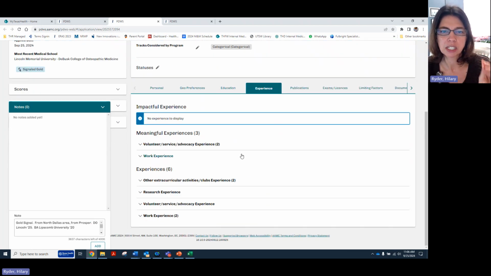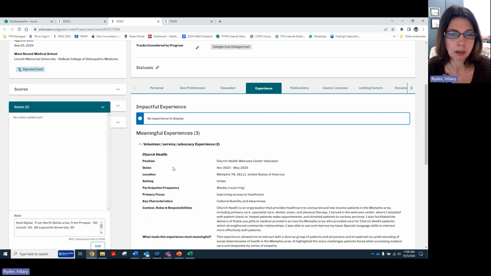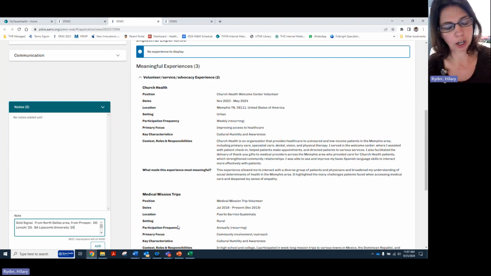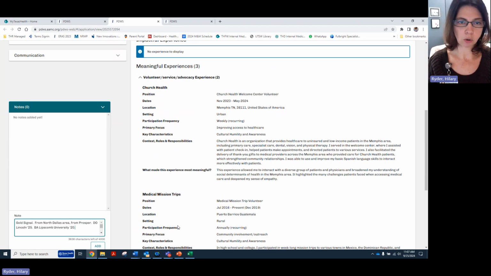They all have a total of 10 experiences that they are allowed to talk about. If they have some sort of grit, they're the first person in their family to go to college, that's up here. That can be interesting. In general, I'm just looking for interesting things that I might want to talk to them about if I were to interview them. And I'm looking also, if you look at our Gestalt score, I'm looking for leadership, service, humility,